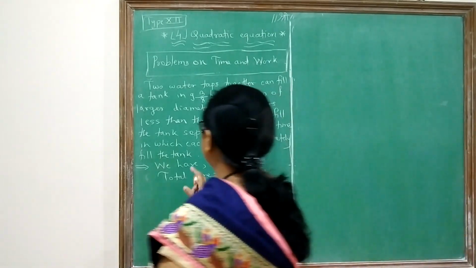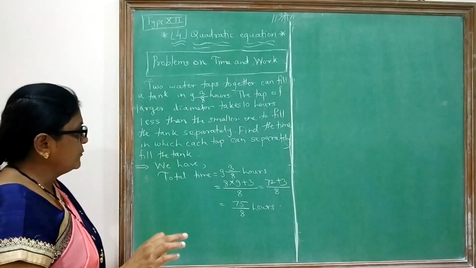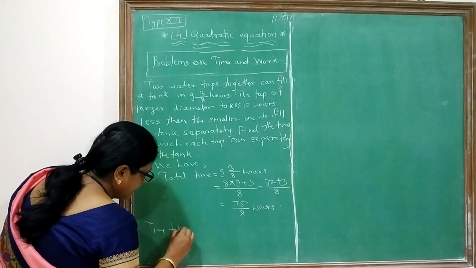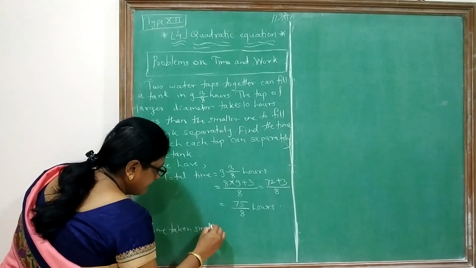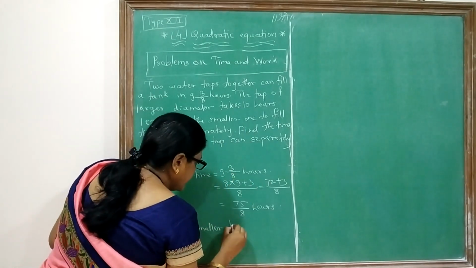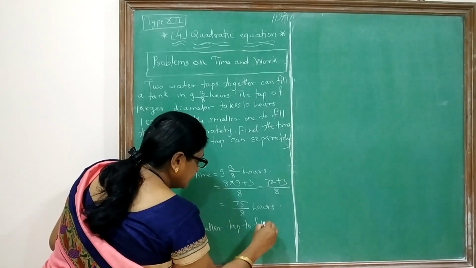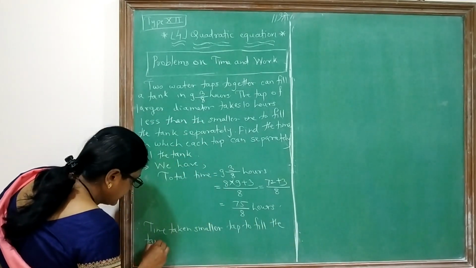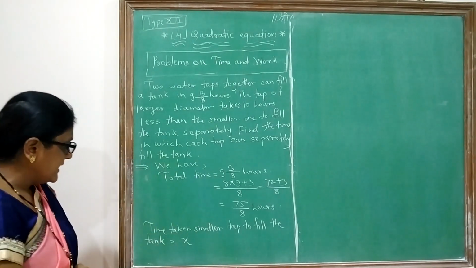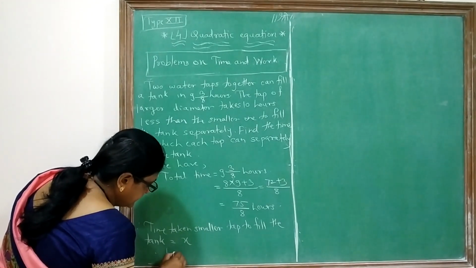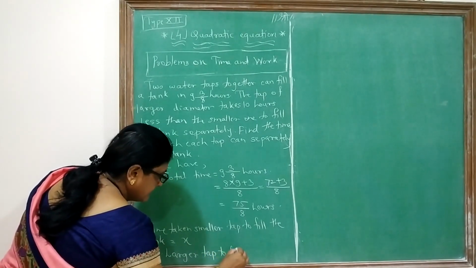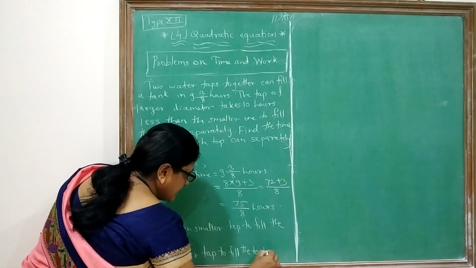Means here, the time taken by the smaller tap to fill the tank, first, you will suppose here x, and the time taken by the larger tap to fill the tank is